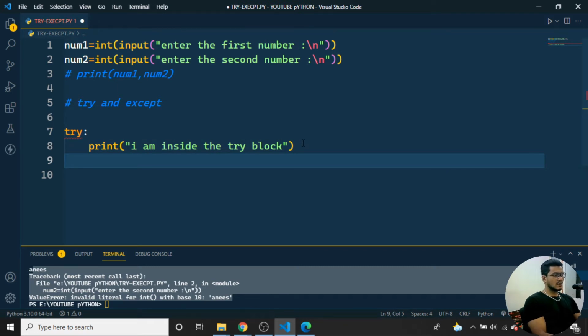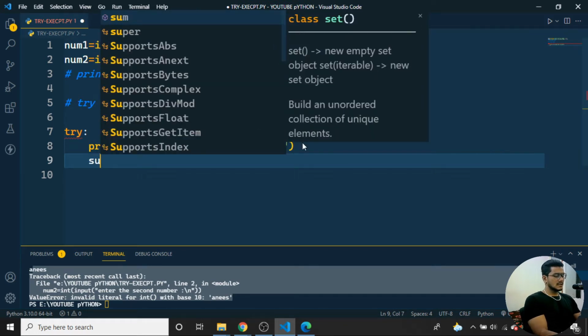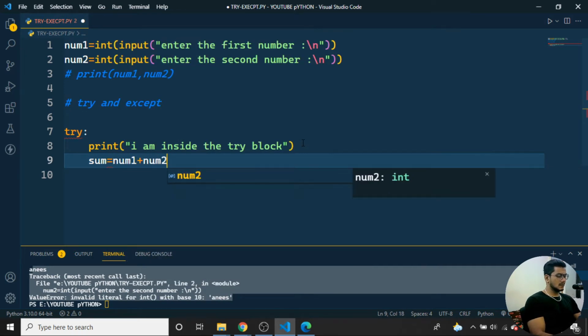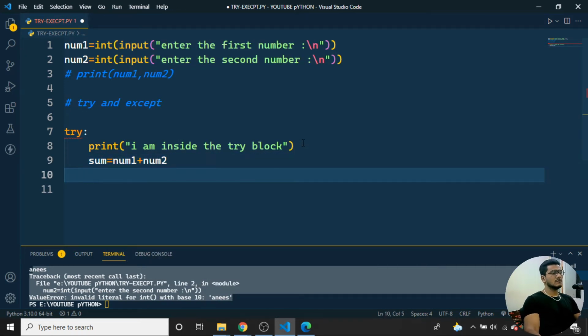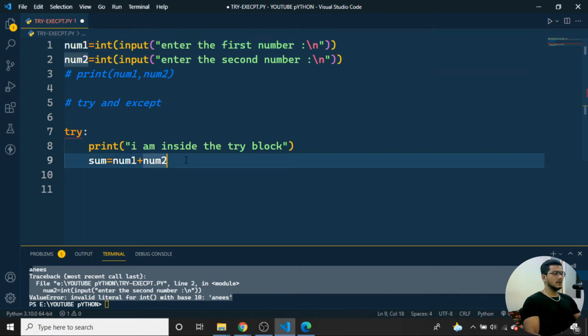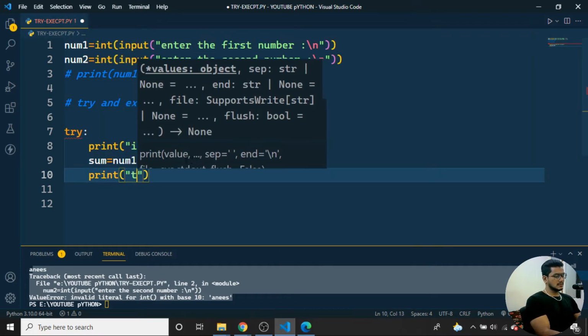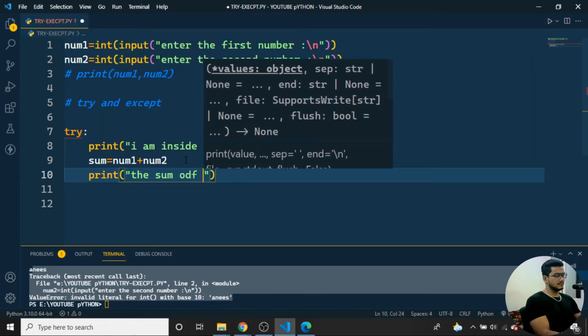I'll just try. What is the condition? I'll just tell sum is equal to num1 plus num2. So I'm just adding the value of num1 as well as num2 over here. Then I'll print the sum of